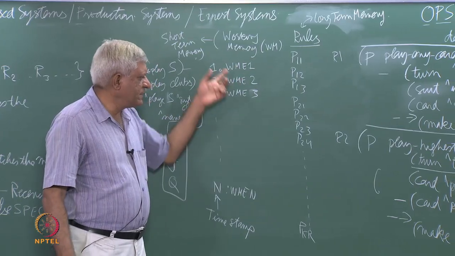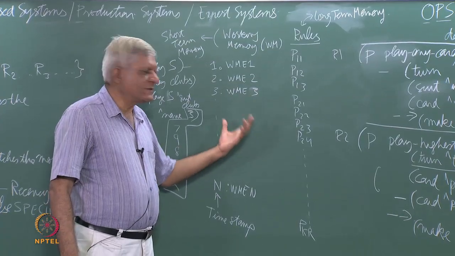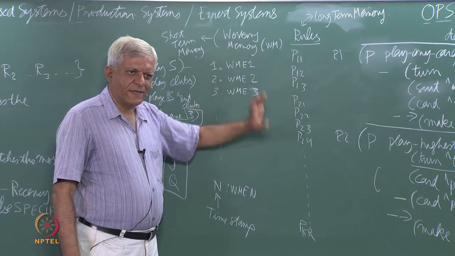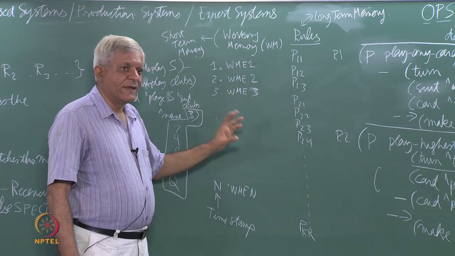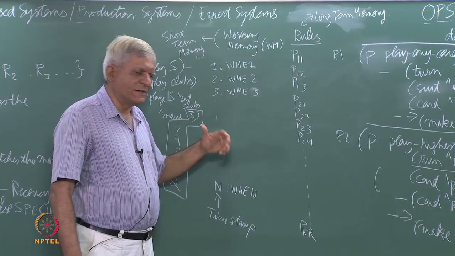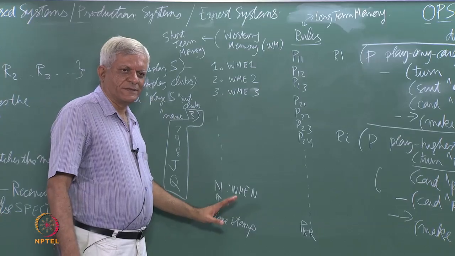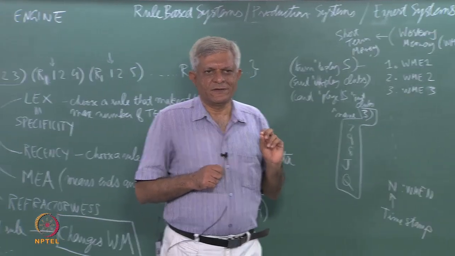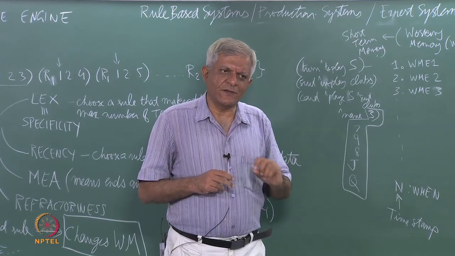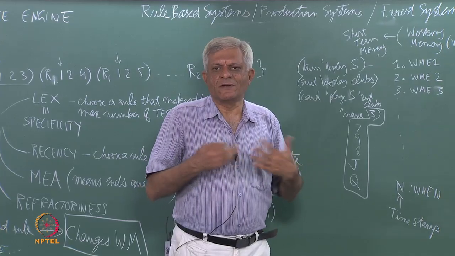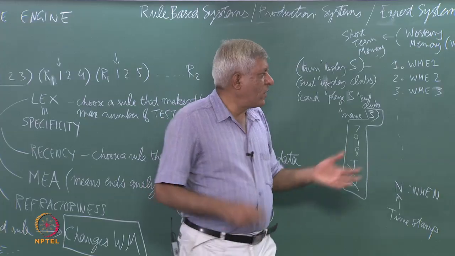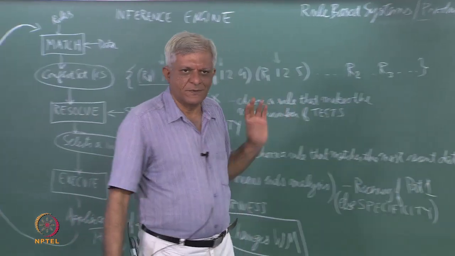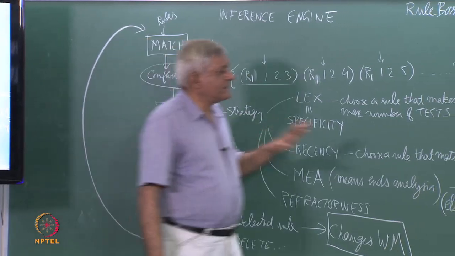So, obviously, this is the largest task. The number of comparisons you have to do, if you have k rules and each rule has, let us say, p patterns, so k into p patterns totally, and each pattern may have a certain number of tests essentially, and then all these working memory elements. Remember that you want to find every rule that can possibly execute, every rule that matches. It is not that if you find one or two rules that match, then you are done. The conflict set must be exhaustive. It must consist of all possible rules which are matching. So, this is really the most